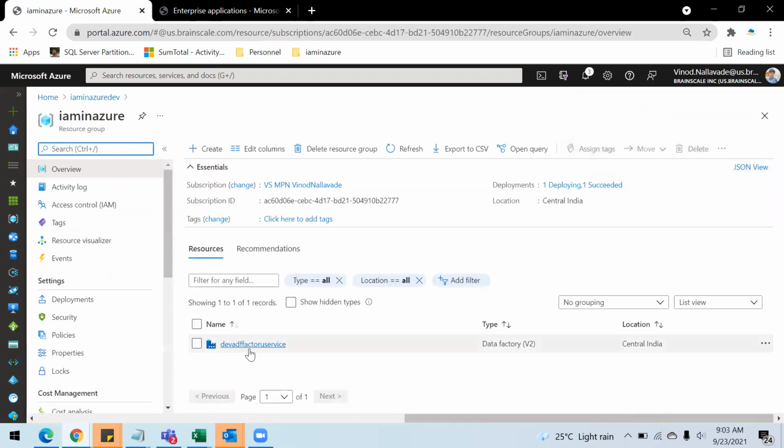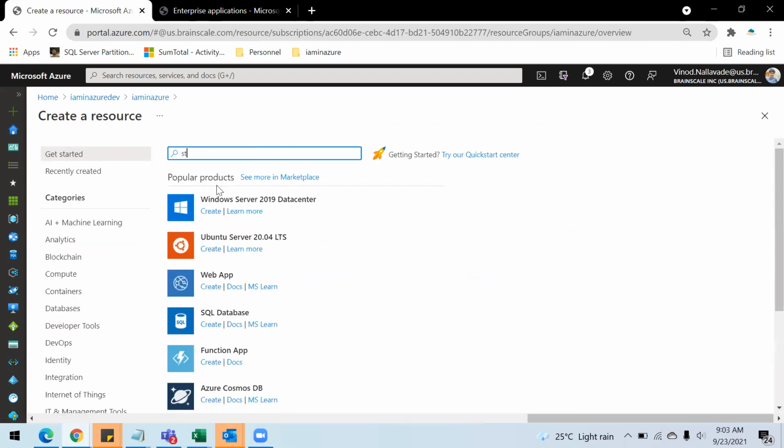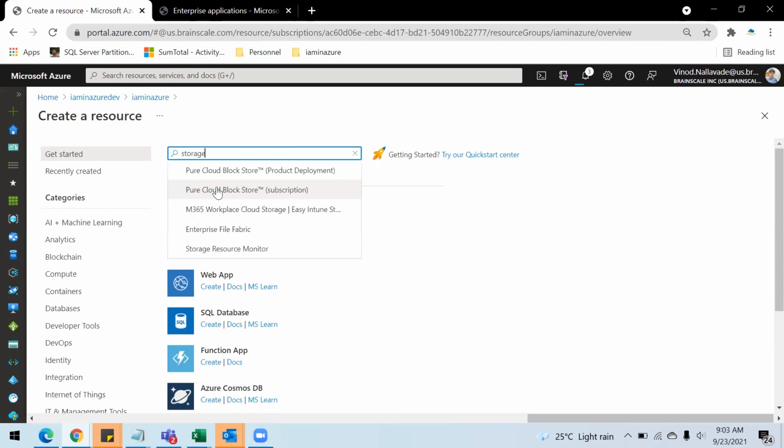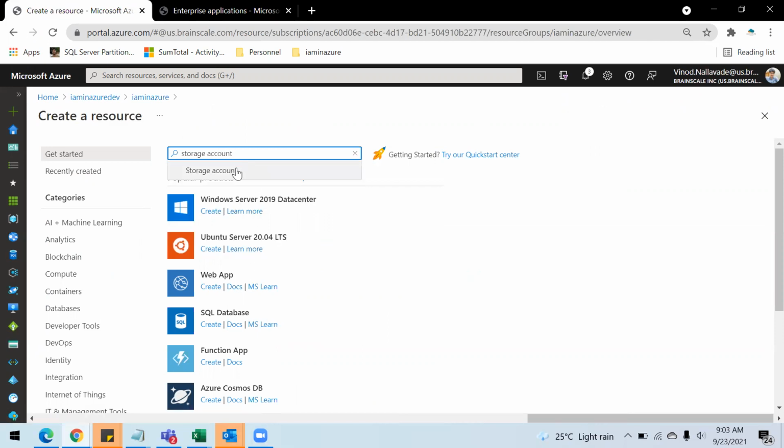So you see this ADF service is created. What I need is a storage account as well so that I can use it inside my ADF service. So let's use that.